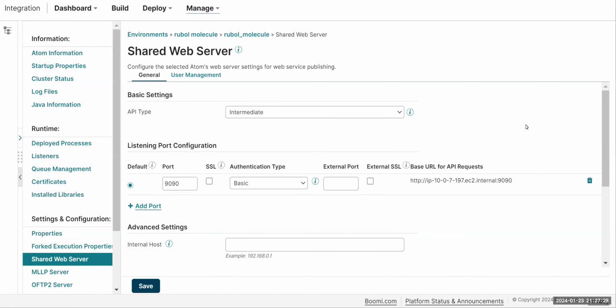Hi everyone. In the previous video, we tried listing ports on your Atom molecule, but during that time we haven't seen the shared web server port listed. So if I just review the previous video,